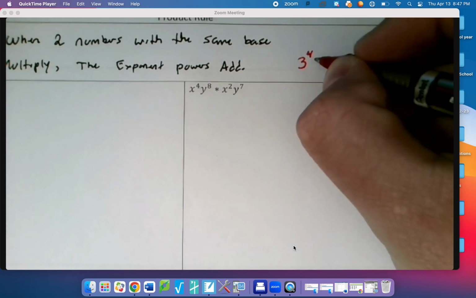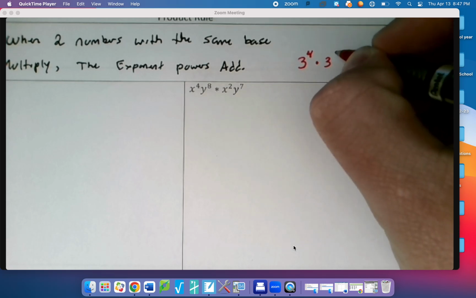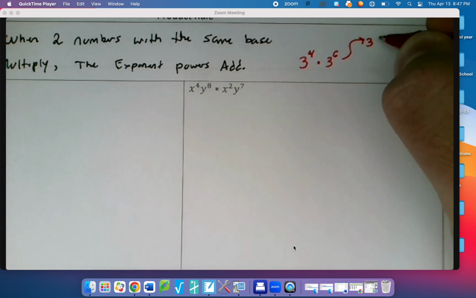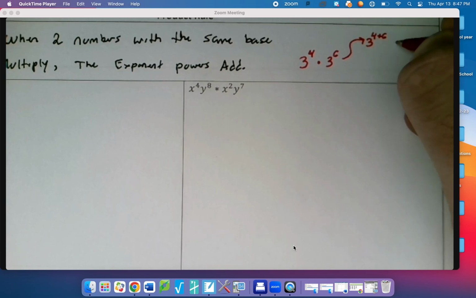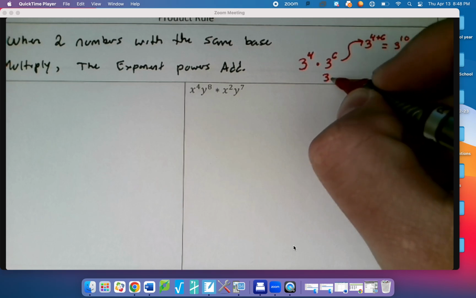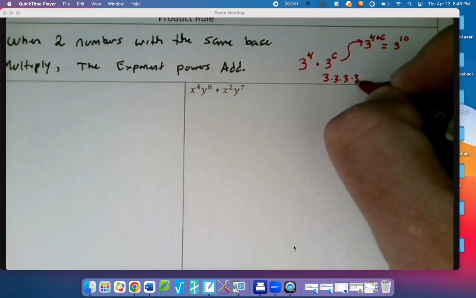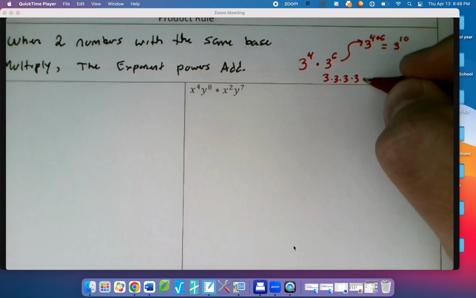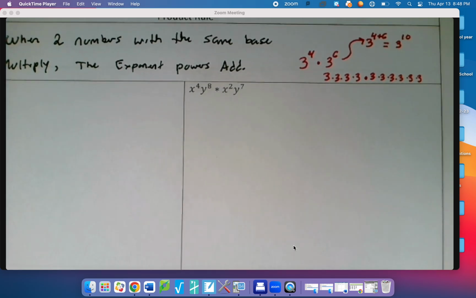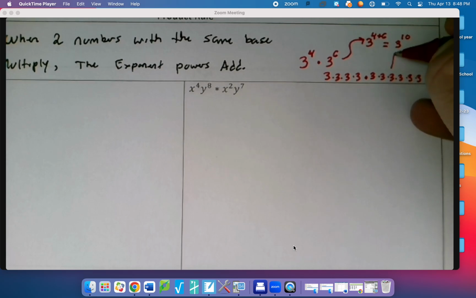to the 4th power and it's multiplying 3 to the 6th power, that allows me to take that 3 and take those exponential powers and add them together and get 3 to the 10th. Because really all this is 3 times 3 times 3 times 3. And it's multiplying 3 times 3 times 3 times 3 times 3 times 3, 6 times, for a total of